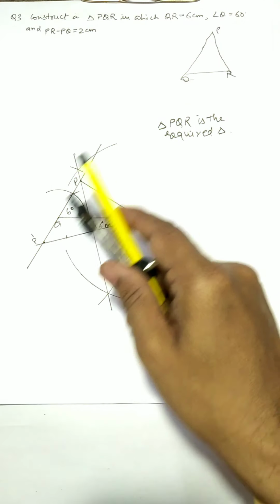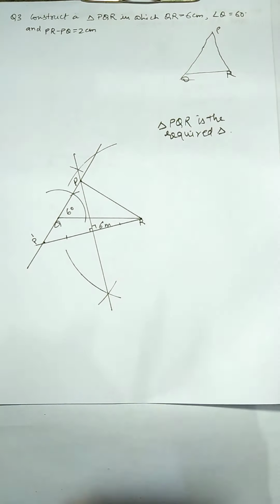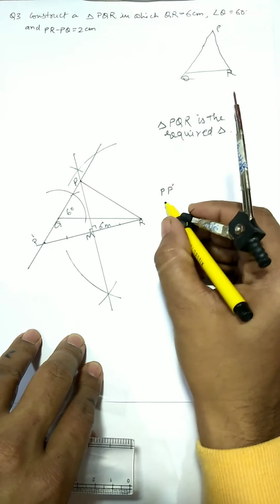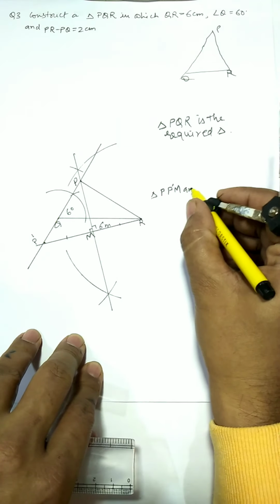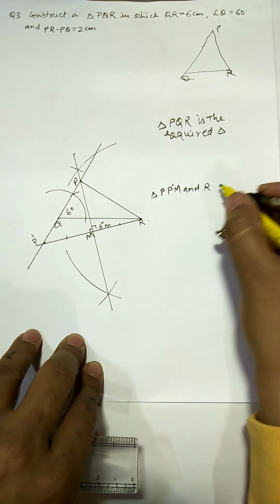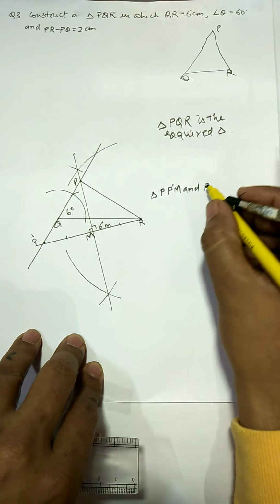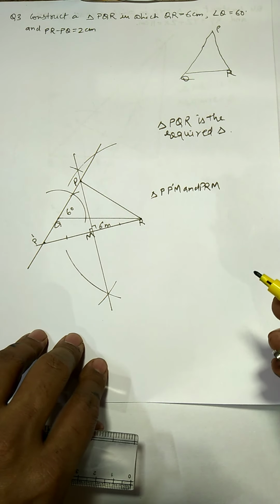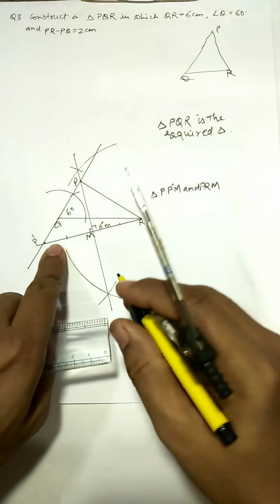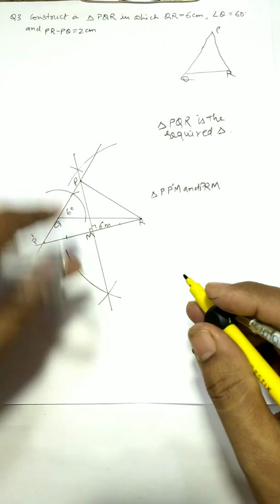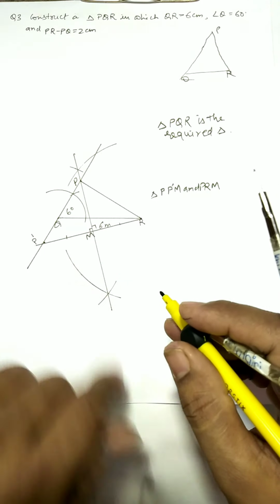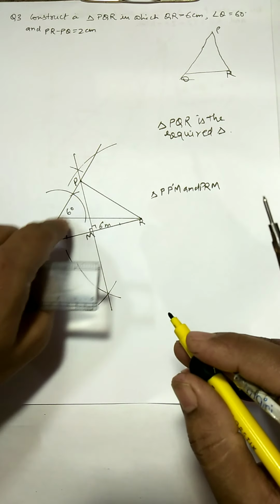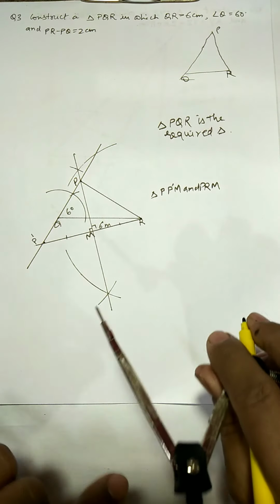Now you see, again, take these two triangles P, I'm writing this here. Take this P dash, let's say this point as M, and this triangle, you can say this P R M. So these triangles, if you want to show them congruent, you can show it very easily, because this P dash M equal to MR, and this PM is common, and this angle is equal to this angle, each 90 degree. So these two triangles are congruent by side angle side.